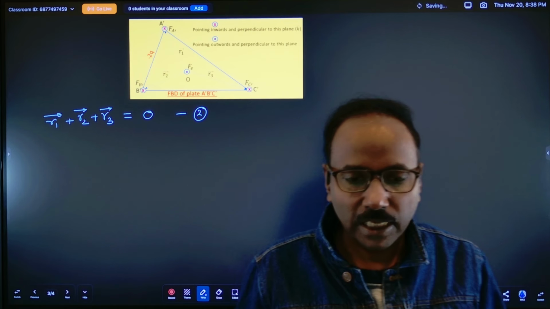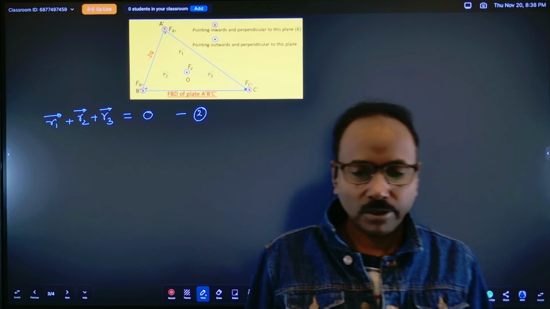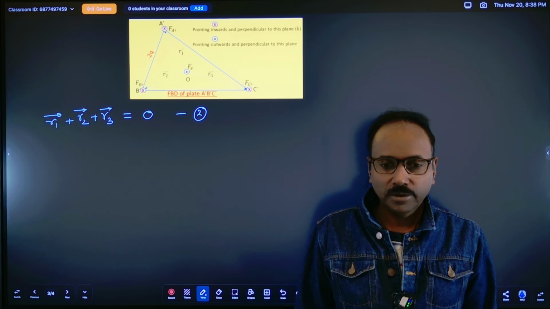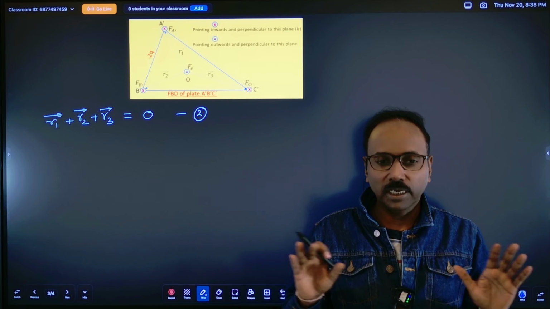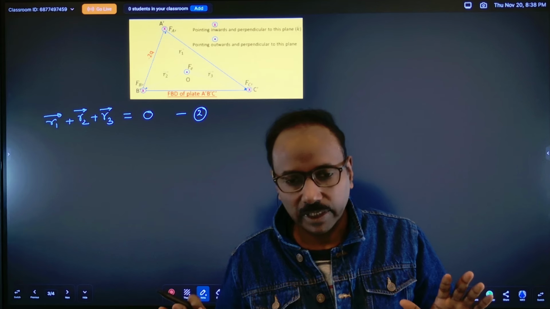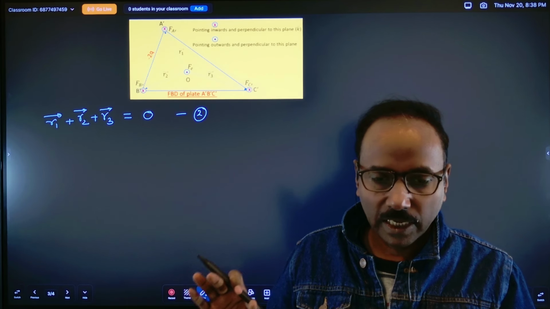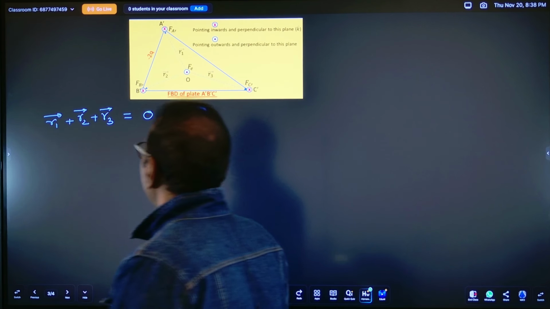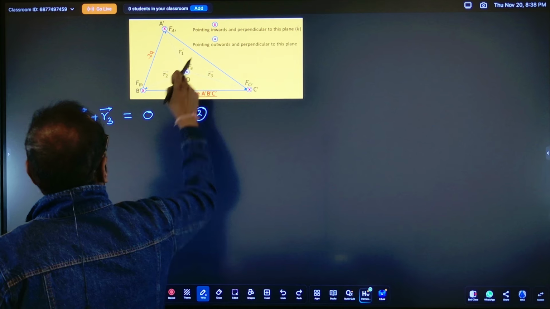Do you see any rotational motion in this plate? As per the question, nothing has been given. So it is not rotating, so there is no torque. Net torque on A prime, B prime, C prime is 0. So if we take the torque about O,